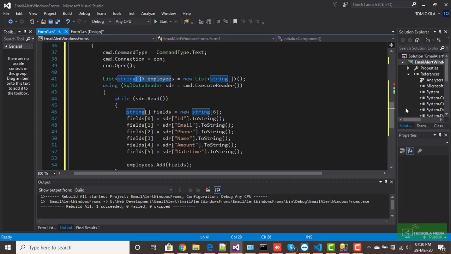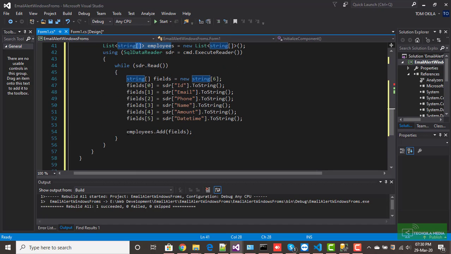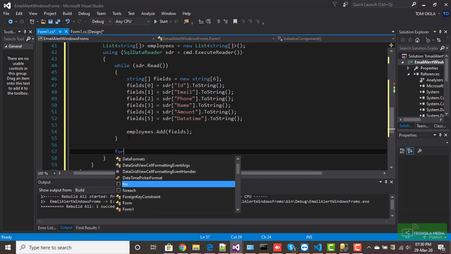So once you've done that, once we've looped through all the records within the table, it's now time to loop through each record and send an email individually assigned to the specific records, because we are looking at the date and the amount. So if the amount is greater than a certain value and the date that is within the database is not the current date now, then the mail should be sent. So that's why you want to look through each record and ensure that the condition is met before we can send the email. So to do that, we use the for each loop